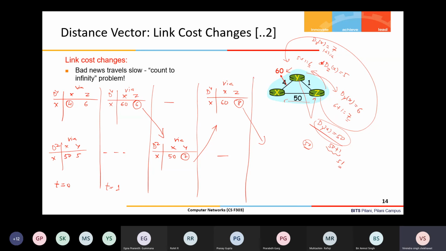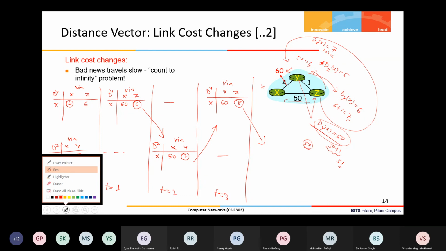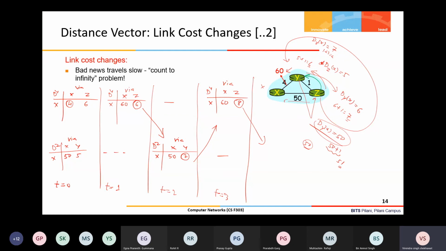So during this process, when this is happening in the network, let us say some data packets are coming at node Z or node Y, or either of those nodes or both, and for destination X, they have to forward this packet to X. So what will Z do? According to Z, the least cost to X is via Y. So Z will forward such a packet to Y.